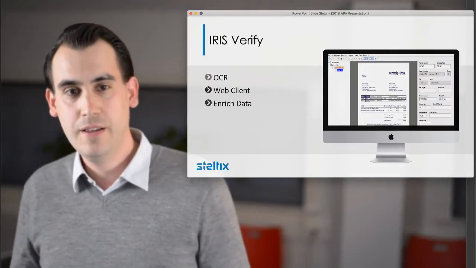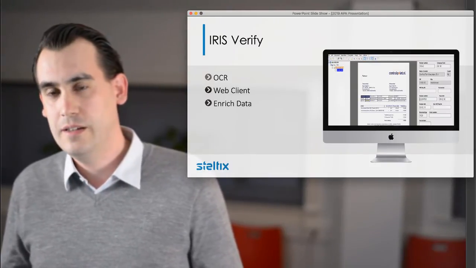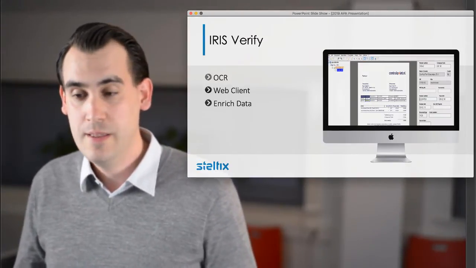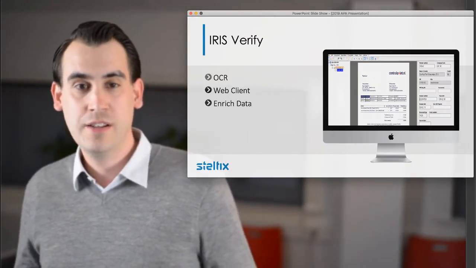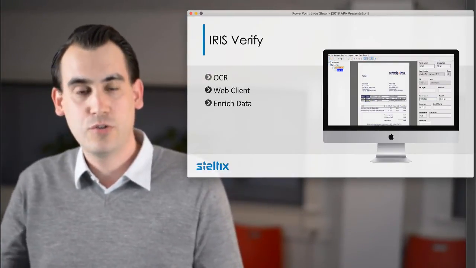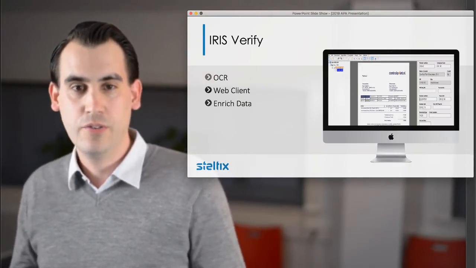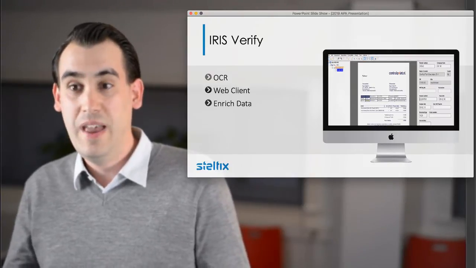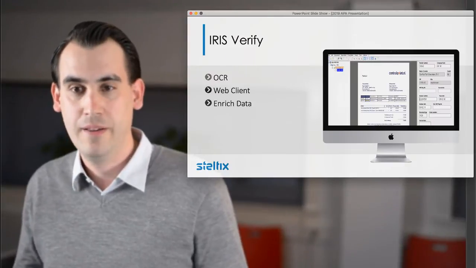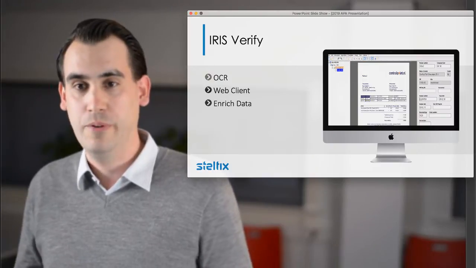Iris Verify is the tool that we use, and they have a scanning automation that we call OCR, which is Optical Character Recognition. With optical character recognition, it can fetch the information from an invoice and see, okay, I search for an invoice number. Oh, it's stated there. There I find my invoice number. And on which side of the paper do I find the actual invoice number? Because I have a header invoice number and then the tax invoice number that you want to fetch back. So they have the OCR recognition tool to make that happen.